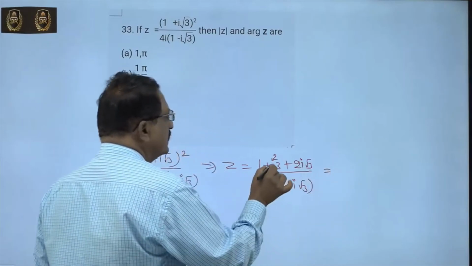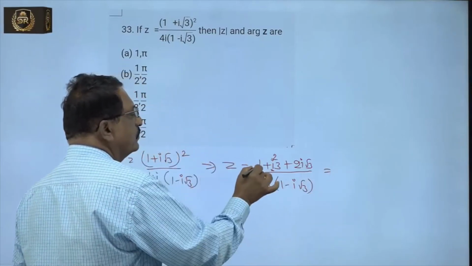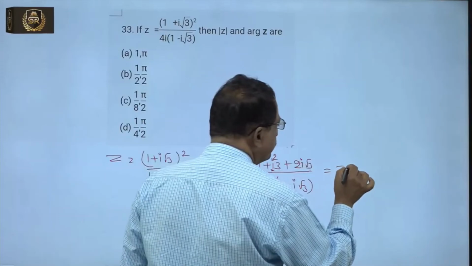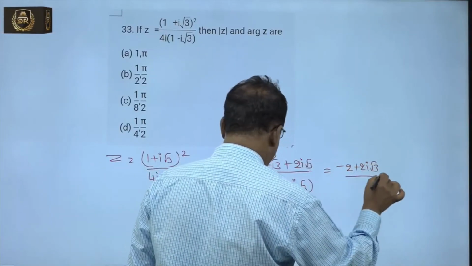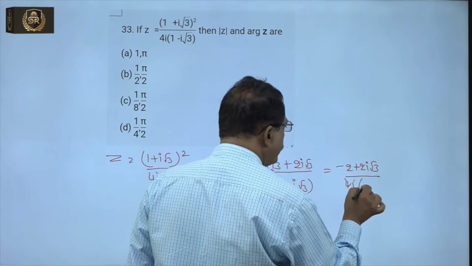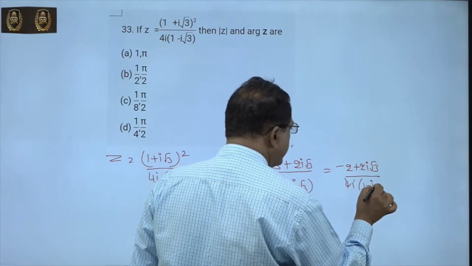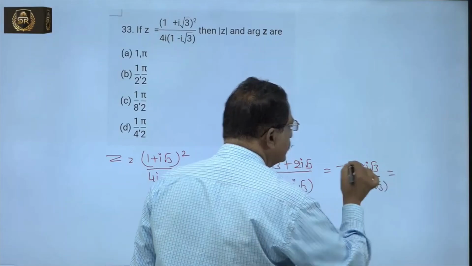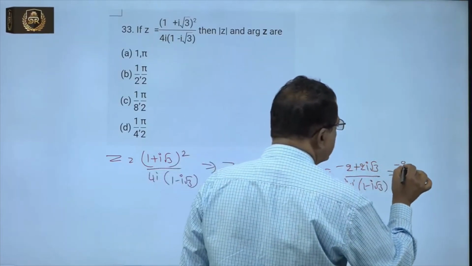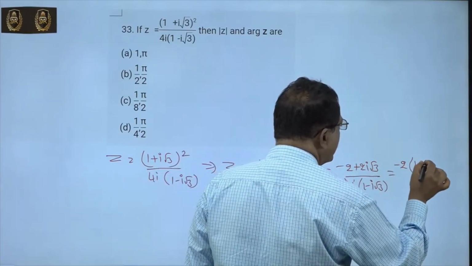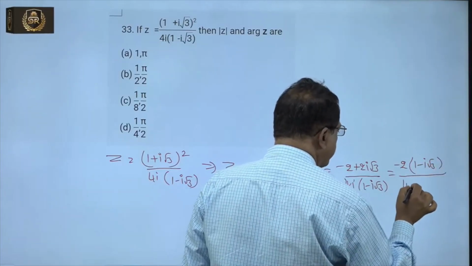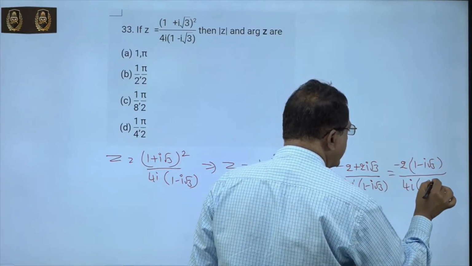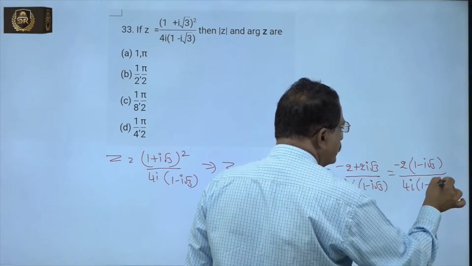Here i square equals minus 1, so 1 minus 3 plus 2i root 3 by 4i of 1 minus i root 3. In the numerator, taking minus 2 common: minus 2 of 1 minus i root 3 by 4i of 1 minus i root 3. Now 1 minus